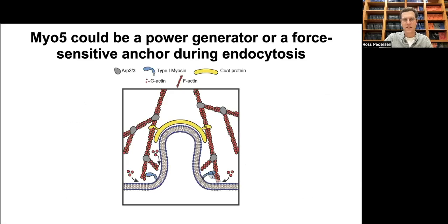During clathrin-mediated endocytosis, actin assembly and recruitment of monomeric myosins, called type 1 myosins, occurs at the time of vesicle internalization. Actin is not required for every clathrin-mediated endocytosis event, but the extra force it provides is critical when membrane tension or turgor pressure oppose plasma membrane deformation, as they do in one of our favorite model organisms, the budding yeast Saccharomyces cerevisiae. We've long thought of clathrin-mediated endocytosis in this organism as being a process driven mainly by actin